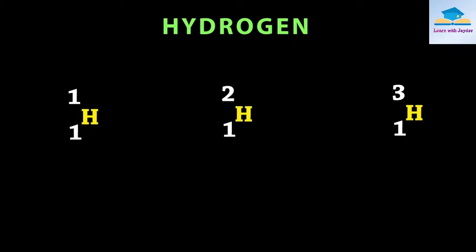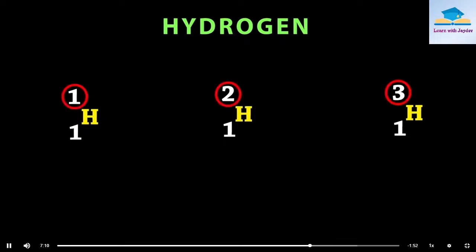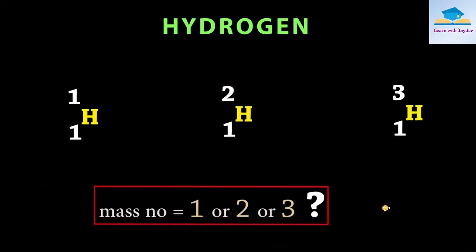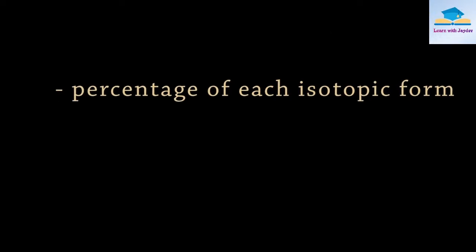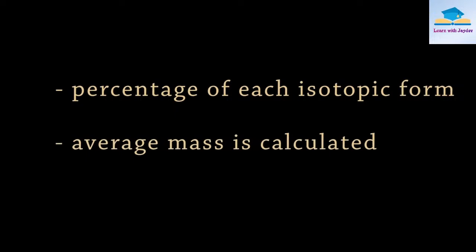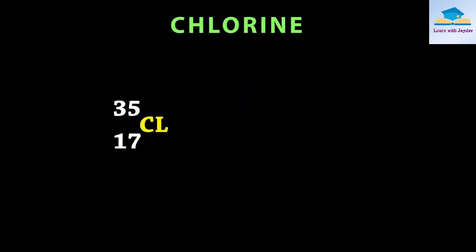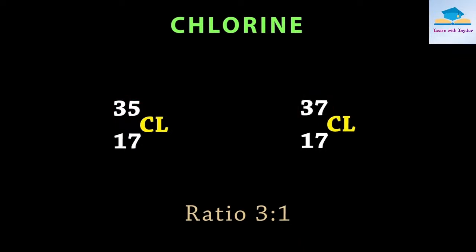Now, the question is, what should we take as the mass number if the atoms of the same element have different mass numbers? The answer is that we have to know the percentage of each isotopic form, and the average mass is calculated. For example, in the case of chlorine, there are two isotopic forms with masses 35 and 37 in the ratio of 3:1. So, the average atomic mass of the chlorine atom is